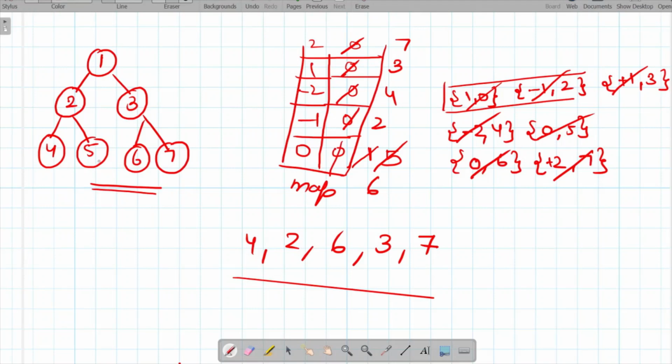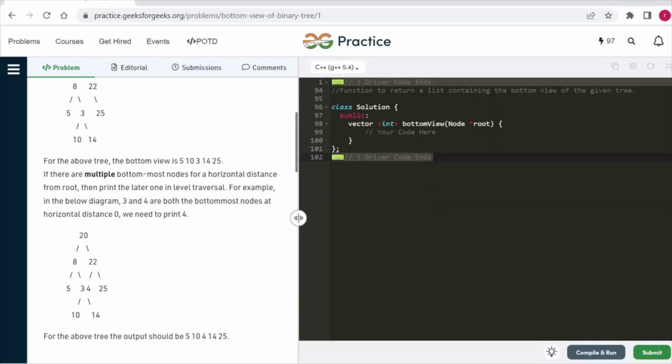So here you can see, initially we have updated with 5, then we have updated with the later node, which is 6. So we are updating it with the latermost node, which comes last for a given position. In this way we have traversed our given binary tree in the bottom view fashion. So let's now see the code for this.